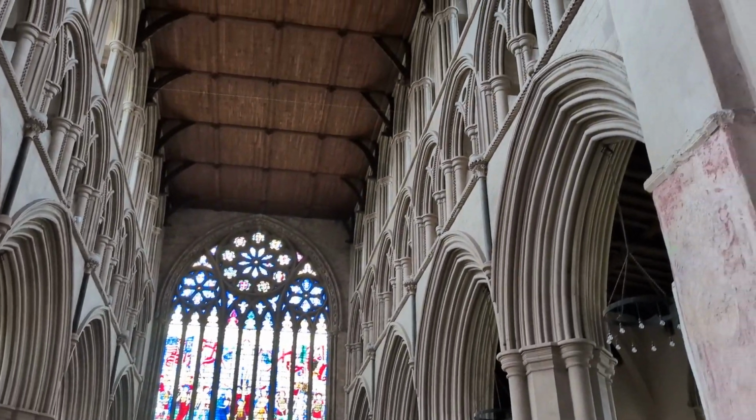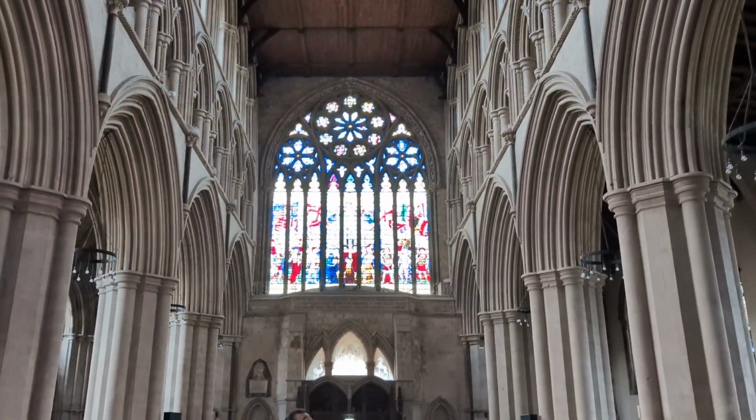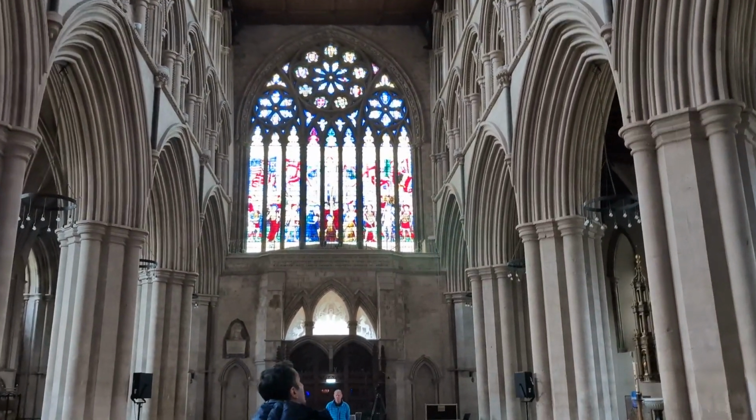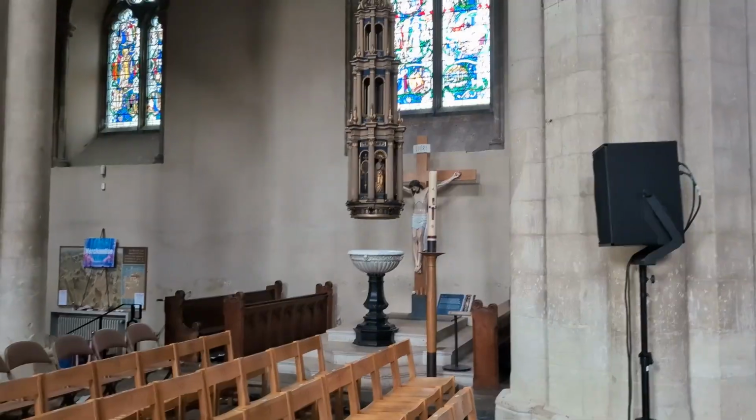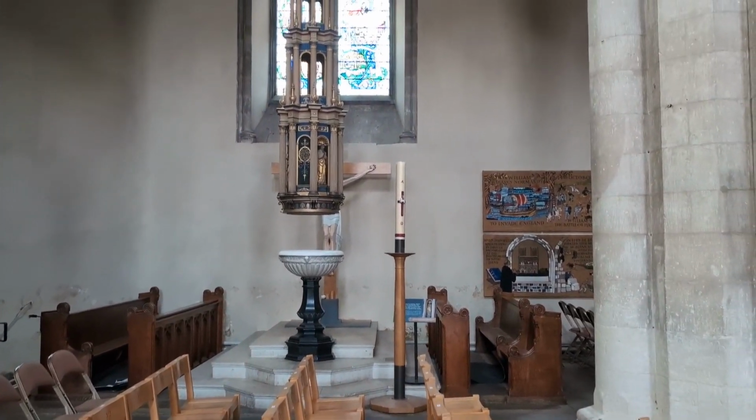And now again, look at this one. The precision of the hallway. On the right, you can see some repairs. When you see the repairs, it's so crude. But again, look at the stained glass window. It's absolutely magical. Now here's the holy water,